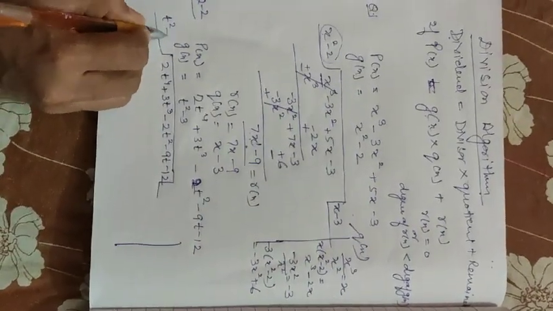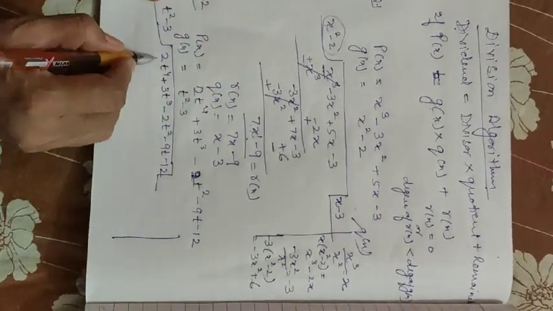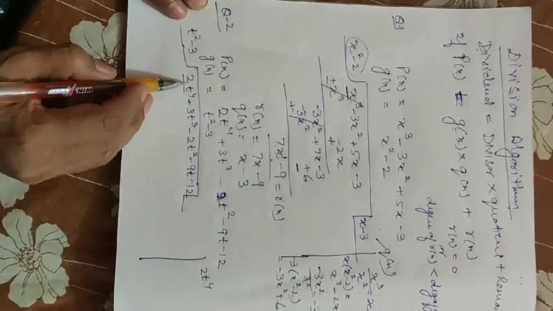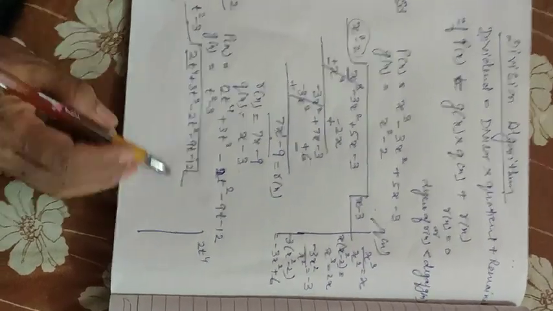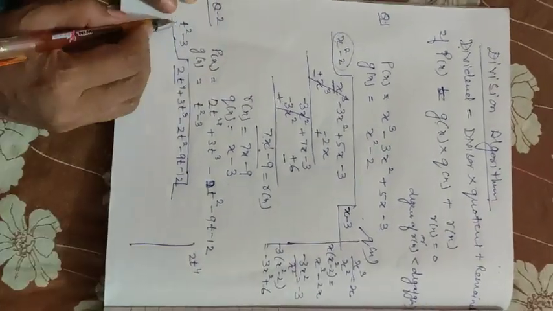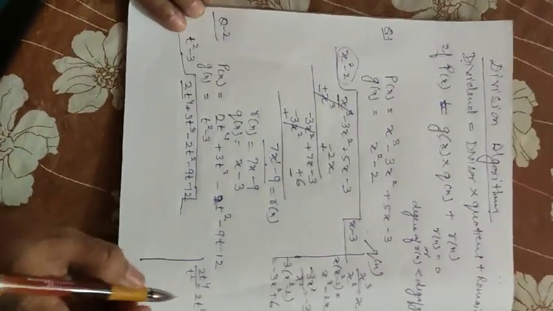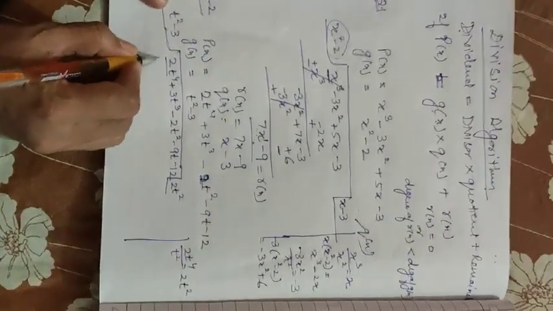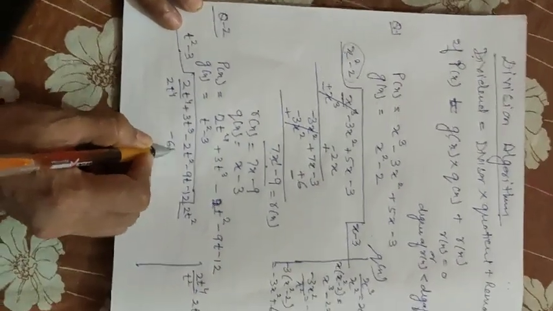Now t square minus 3. You can see with what term I have to multiply, that I can find. The first term is 2t to the power 4. Children, one more thing you just take care of: when you write the polynomial, whether it's the dividend or divisor, you write it in decreasing order of degree. That means if it is not in the perfect order, then you have to do it. So 2t to the power 4 divided by t square gives 2t square. It means I have to multiply my divisor by 2t square. So let's do the multiplication. I obtain 2t to the power 4 minus 6t square.